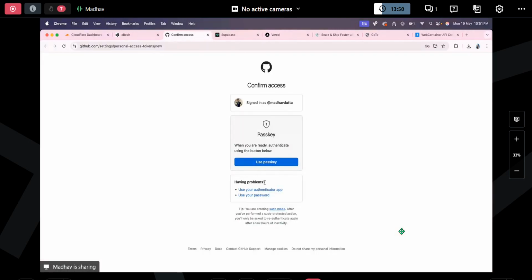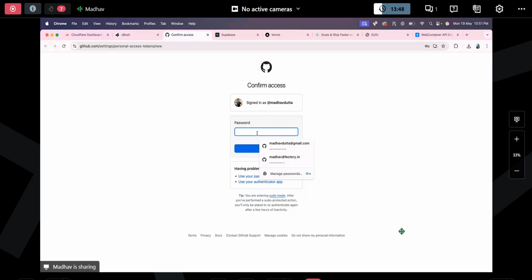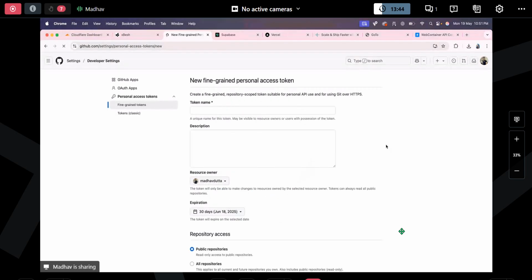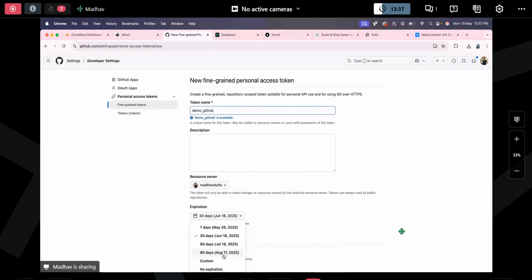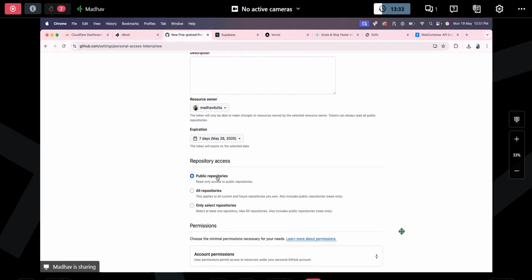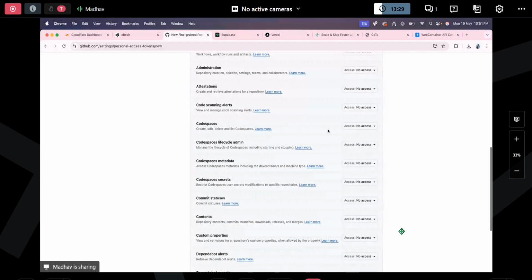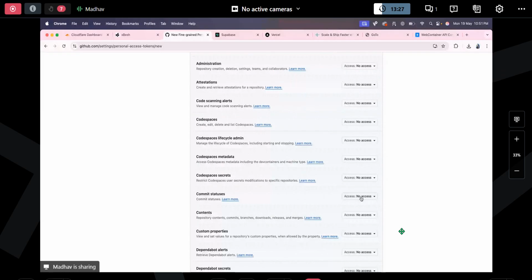If I'm going to, let's say, log into my account, I can create a demo. The token is going to be just for, let's say, 7 days. I want to have all my repos. I'm going to give some permissions, like commit status, content, and user.